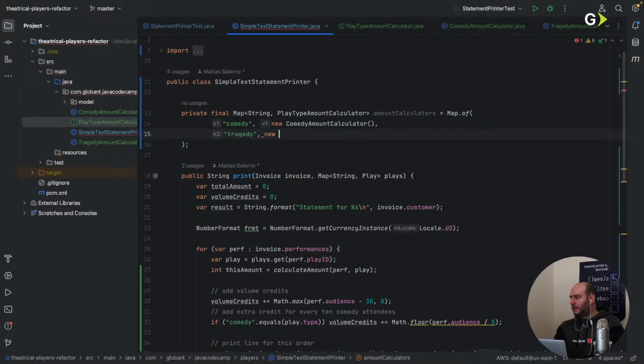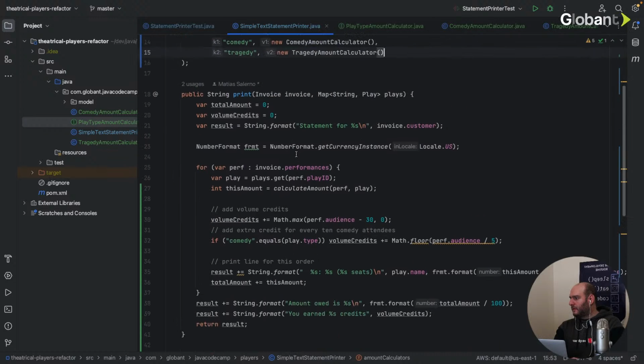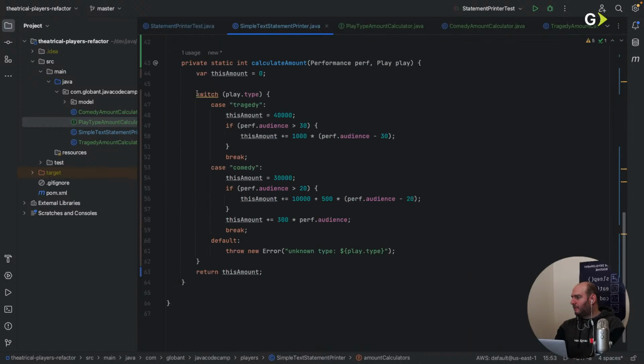And in here we would say new tragedy amount calculator. And we're good. Fine. So now we can replace this whole thing